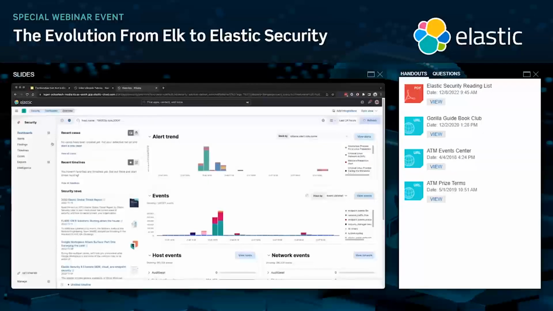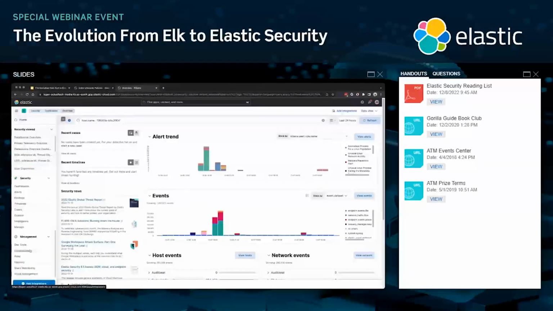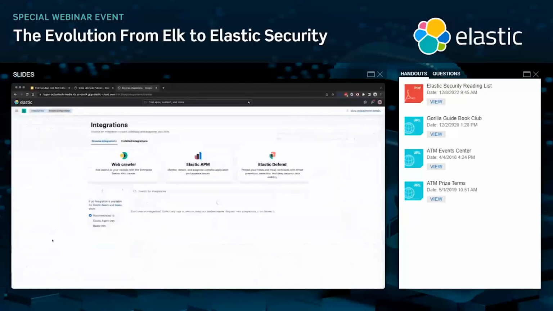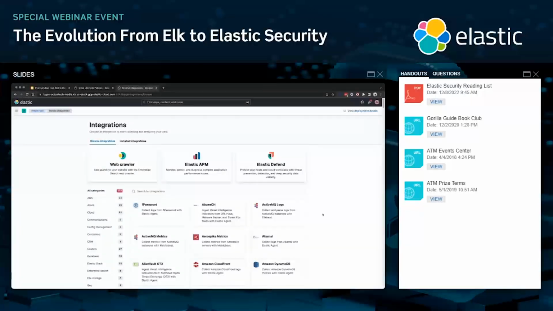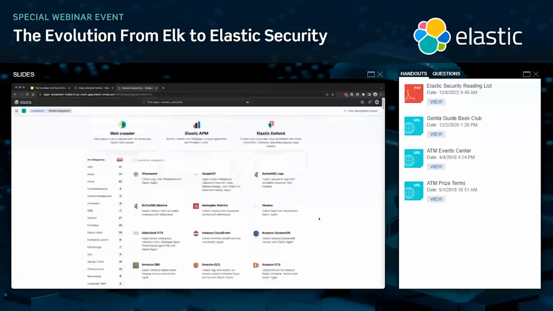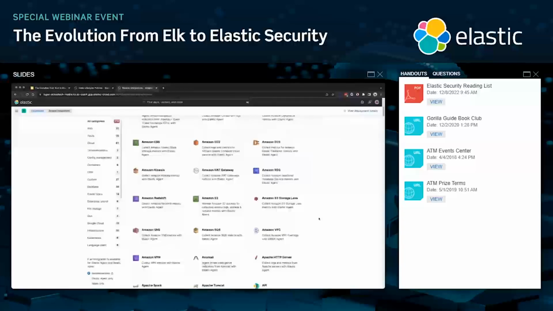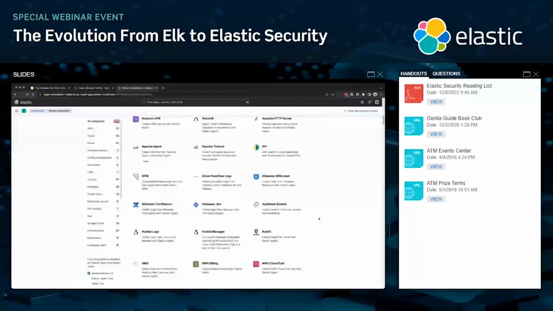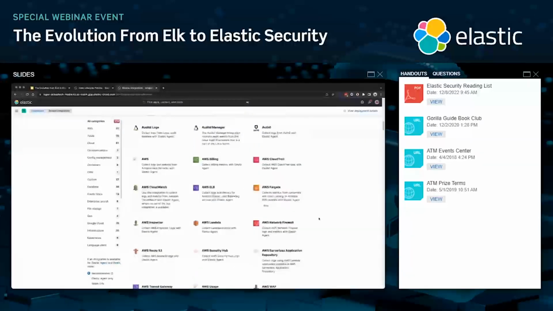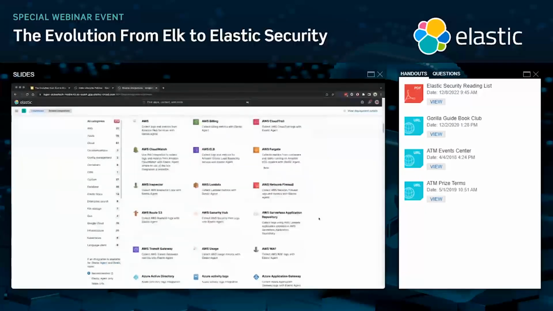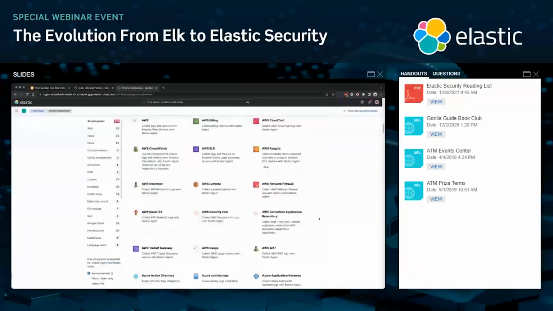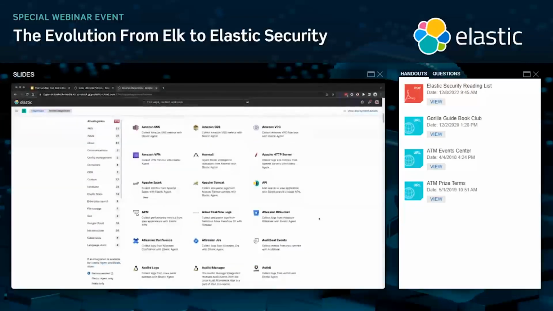And the first place I want to drive to, again, in the theme of ingesting or capturing all your data, is something called integrations. So Elastic provides tons of integrations for common log sources out of the box that Elastic builds and Elastic maintains. And this is a key differentiator for some of that ELK experience you might have had where you were talking about Beats and Logstash. Furthermore, all of our integrations and the ingest architecture is a centrally managed component. So what do I mean by that?